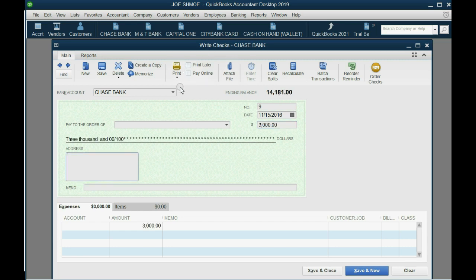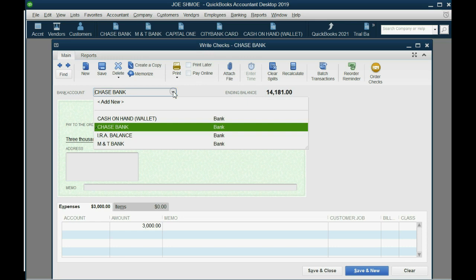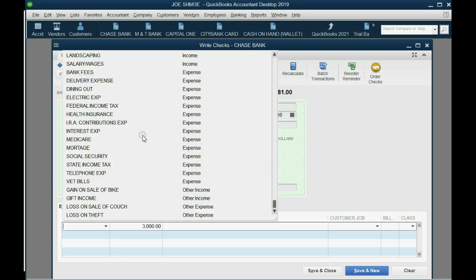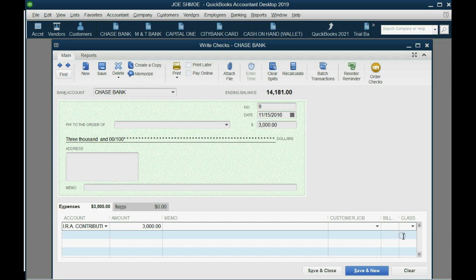Now watch carefully. The money is coming from the normal bank account to this deductible expense, I.R.A. contribution expense. And don't forget that this is deductible and includable in your taxes, so you have to choose class